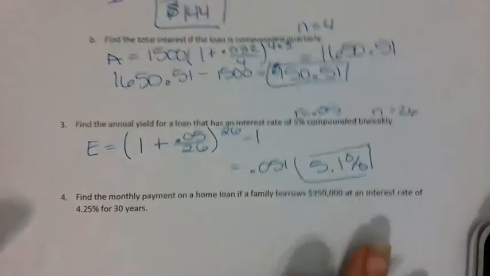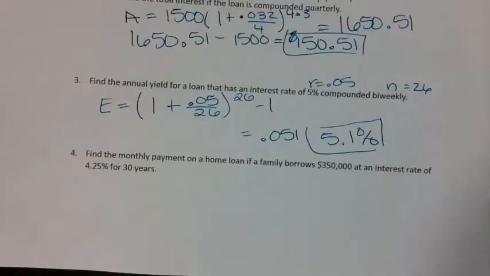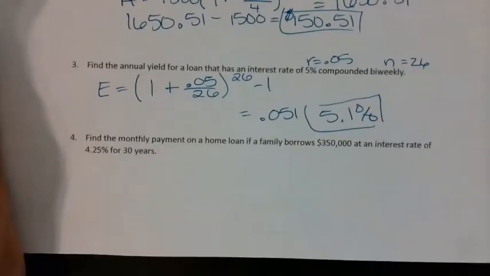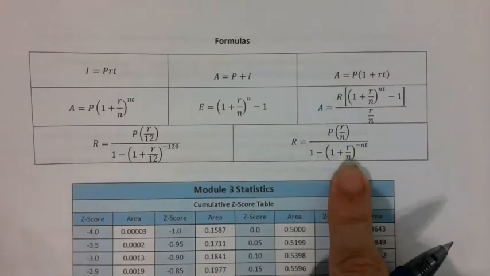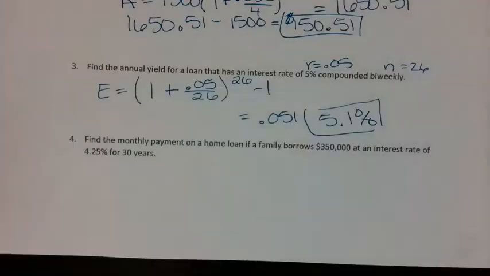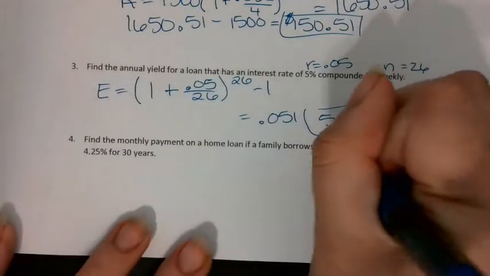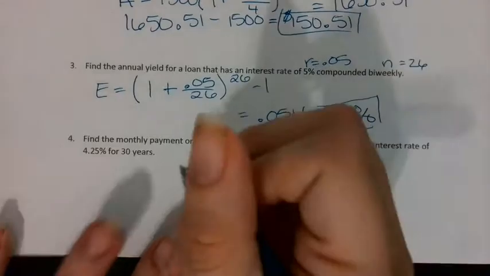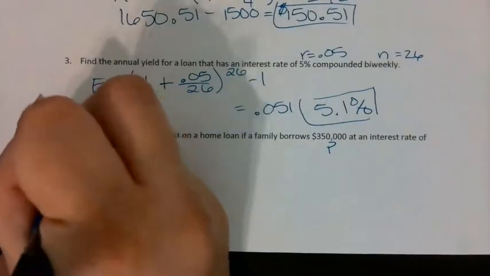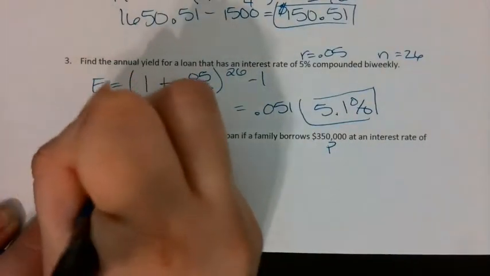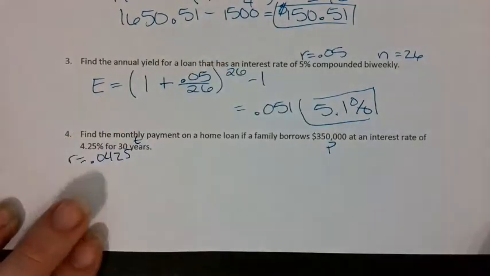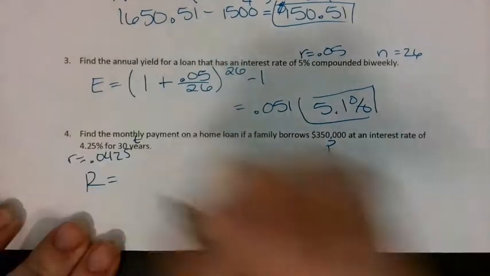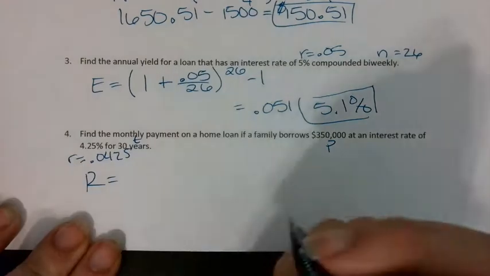Okay. Number 4 wants me to find the monthly payment on a home loan. So, home loan is the R equals formula here. Okay. My house amount borrowed is my principal. The interest rate is 0.0425, and my time is 30. So I'm going to go plug that in. I have R equals